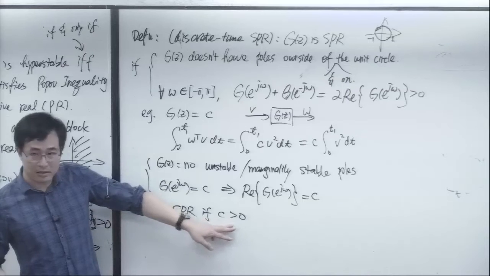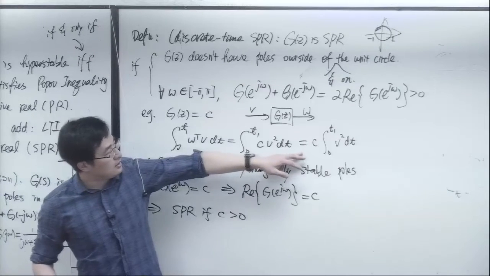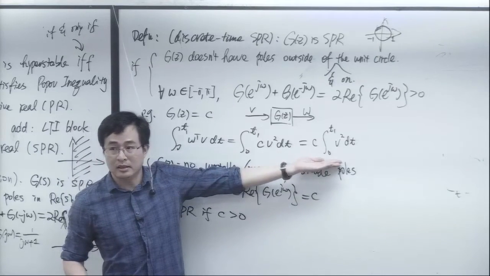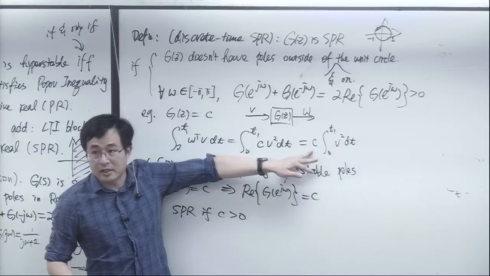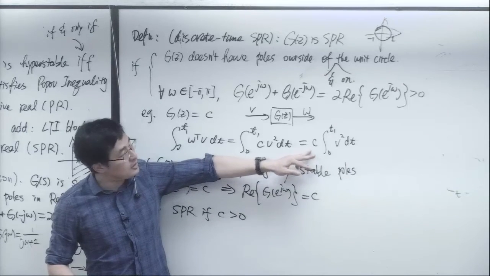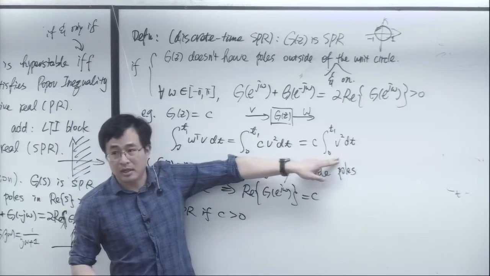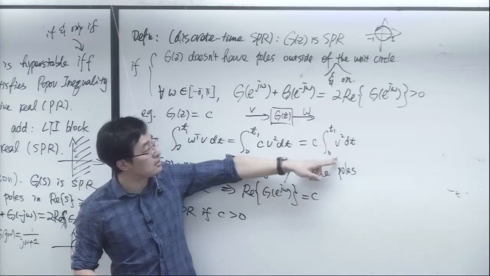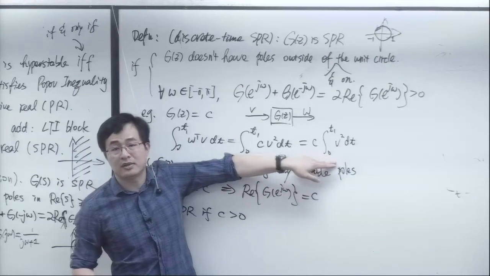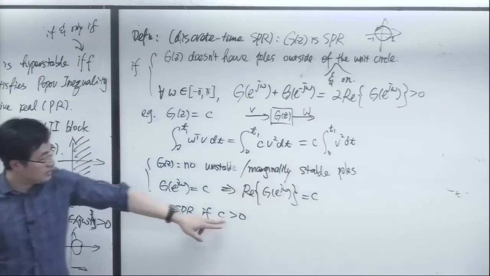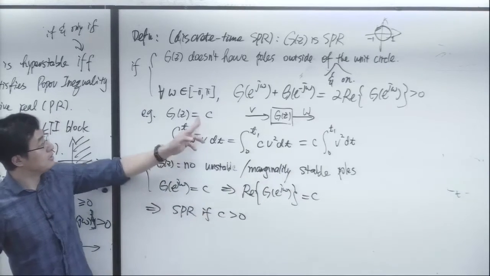And if you pay attention to what we discussed here, there was actually a little loophole. When I say this can be lower bounded, that is, if C is positive, then it is obviously lower bounded, right? If C is negative, then it's not guaranteed we can lower bound this. Because this integration can be very, very large as t increases, a very large positive number. And if C is negative, we won't be able to lower bound that for sure. Okay? So C positive is a requirement for this to be SPR.